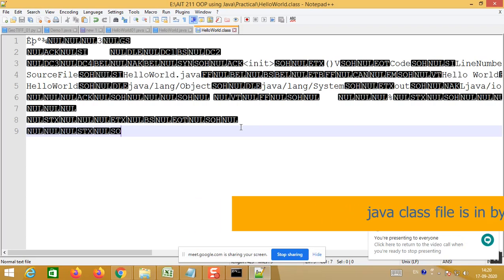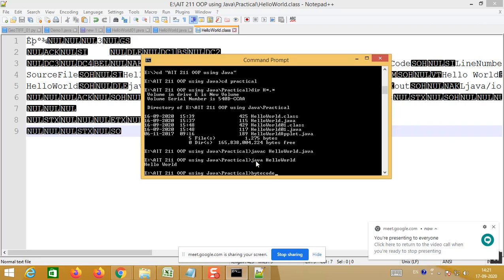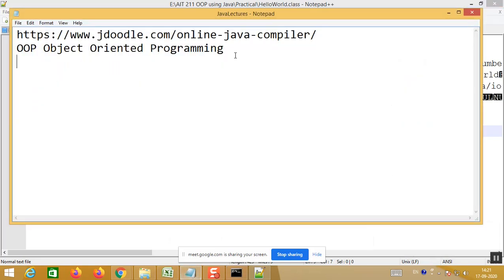So which software or tool or program can understand this bytecode? The bytecode is understood by the Java interpreter. This is my Java interpreter. So two things you have to learn here. First is javac, lowercase.